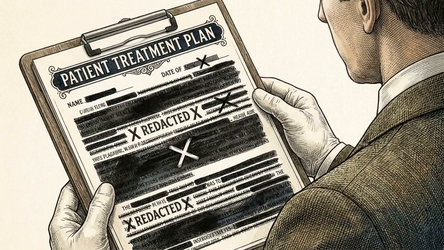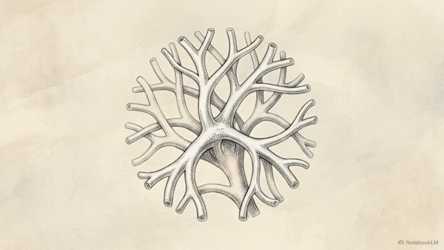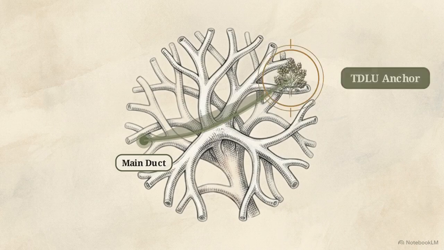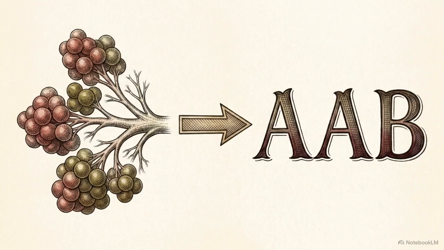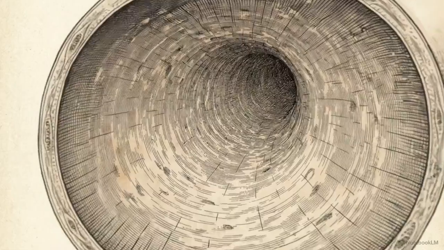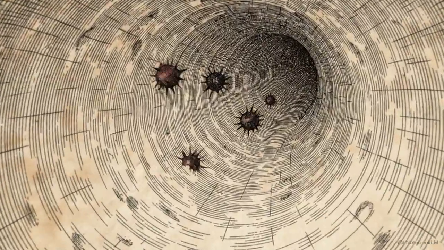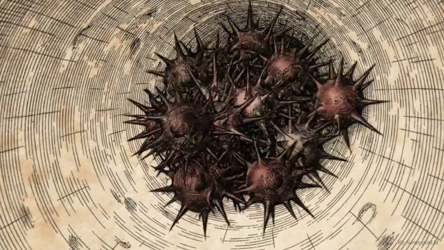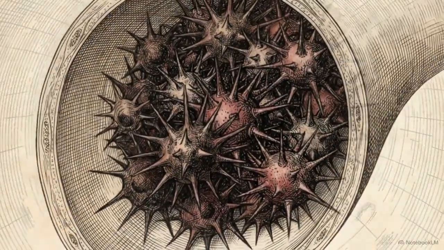When medical professionals rely on inaccurate names, it impairs their ability to predict patient outcomes and design precise clinical treatment plans. To fix this, breast cancer classification must transition to a strictly anatomical model, one anchored to the exact physical site where the tumor originates. Cancers that begin inside the TDLU require a distinct name. The researchers propose designating them acinar adenocarcinoma of the breast, or AAB. This clearly separates them from ductal adenocarcinoma of the breast, or DAB, which is a completely distinct malignancy that originates in the major lactiferous ducts.